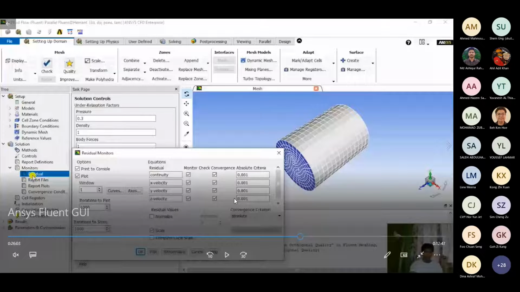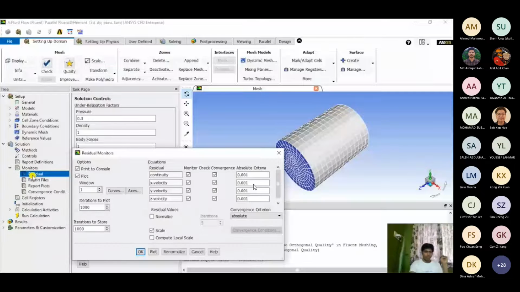Unless it's that small, your solution will not be converging, and you'd have to run for more iterations in order for the solution to converge. Once you have the solution converged, that gives you a verification for your simulation, that whatever changes I have applied, my solution is converged, and now I would have significant accuracy in my solution, which acts as a proof for you.